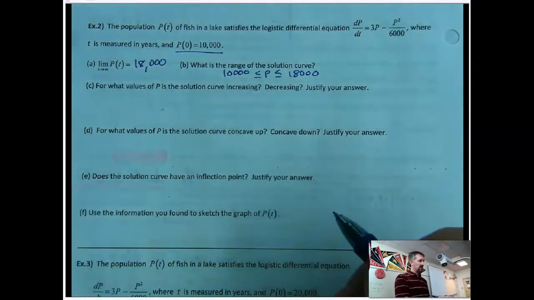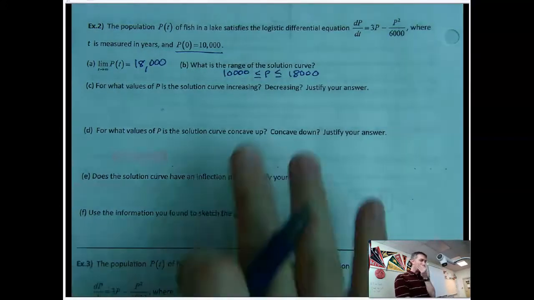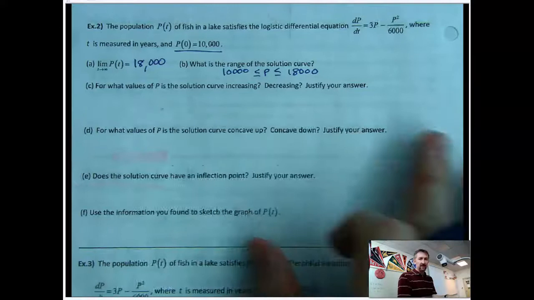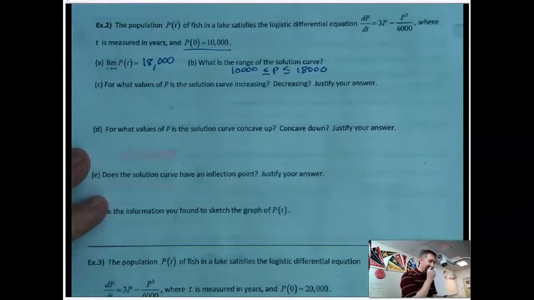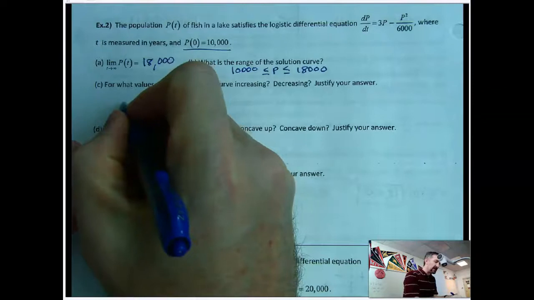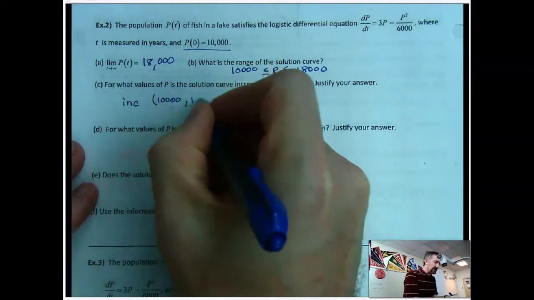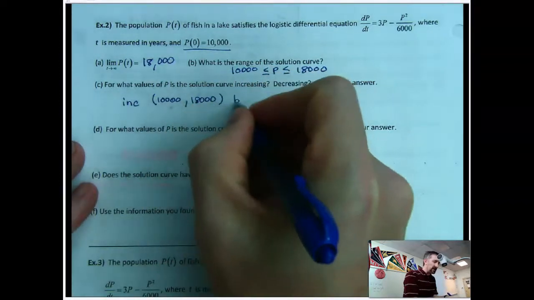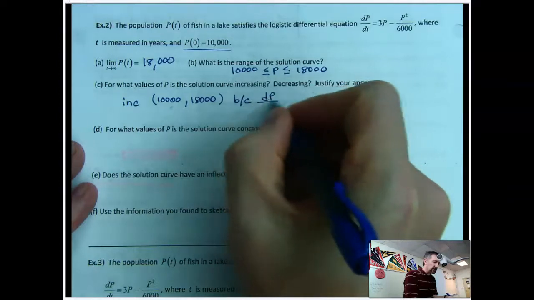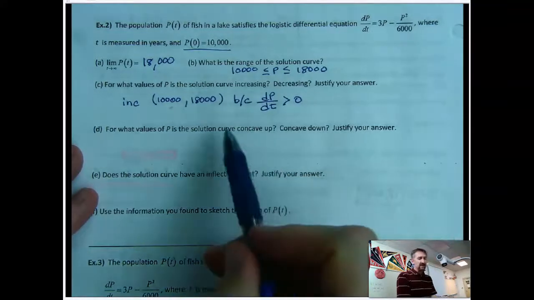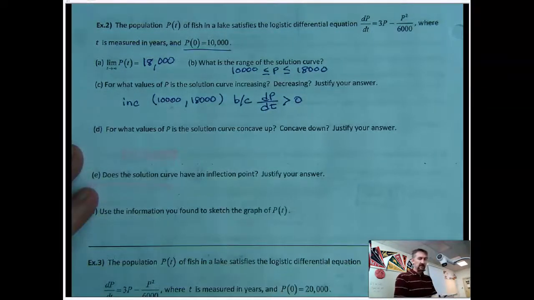All right. So again, when is it increasing, decreasing, etc.? So that changed at 9,000. So you can flip the page back if you need to and look at it. But so it was positive after 9,000. So that means that this is going to be increasing from 10,000 to 18,000 because this is positive, which we found out in example 1. It's not decreasing anywhere because that happened before 10,000, if you remember the points from that.